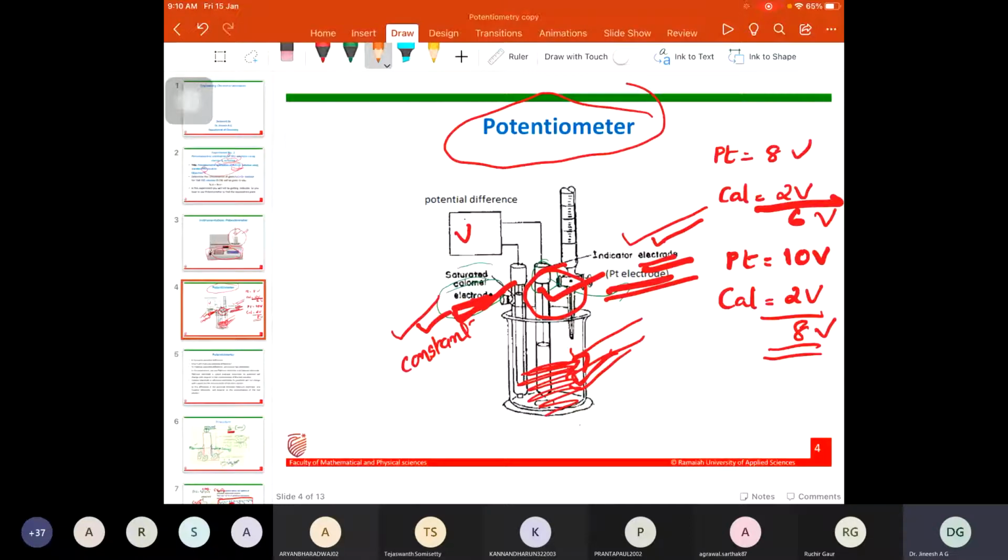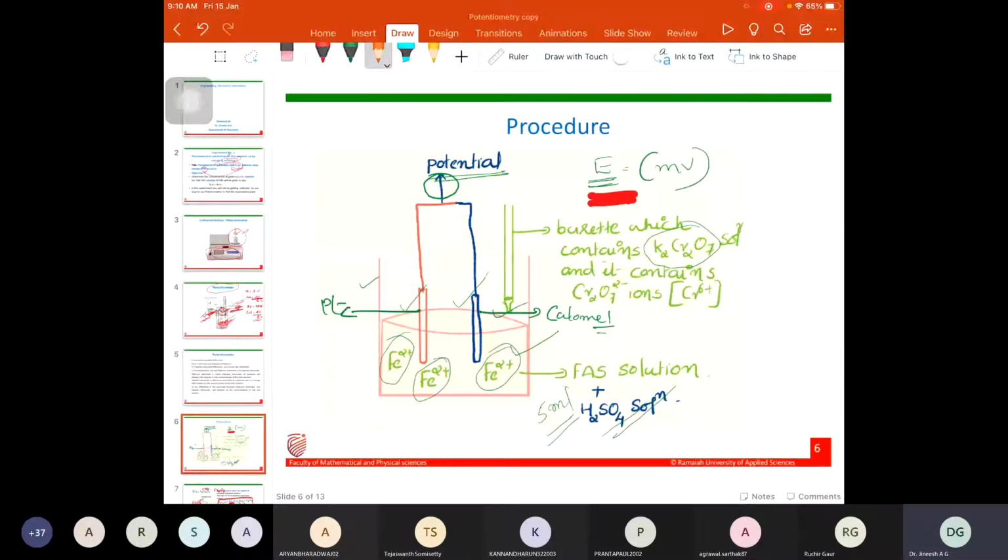To perform that experiment, we have to take 25 ml of ferrous ammonium sulfate solution. Our job is to find its concentration. Into that solution, we have to add 5 ml of sulfuric acid solution. Why are we adding sulfuric acid solution? Which experiment are we going to perform here? That is a redox reaction. In order to do that reaction, potassium dichromate should act as an oxidizing agent, and potassium dichromate is a good oxidizing agent in acidic condition. So to make the reaction medium more acidic, we have added sulfuric acid solution. Clear? Any doubt?